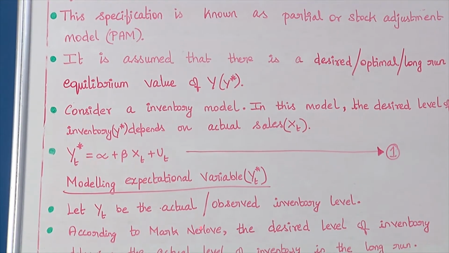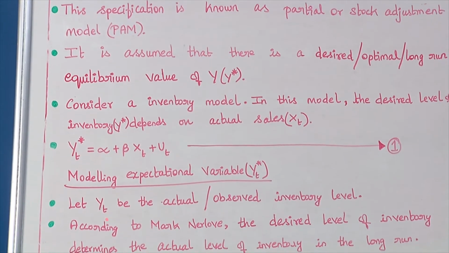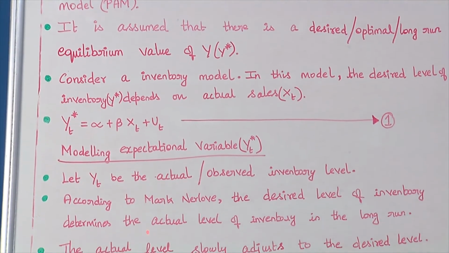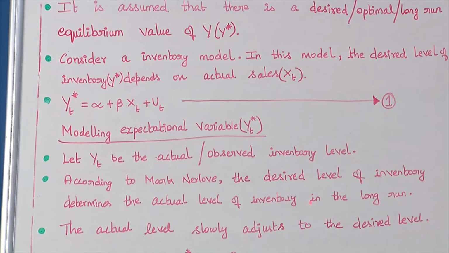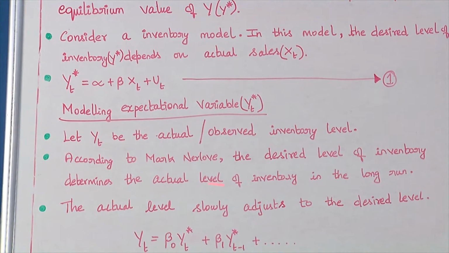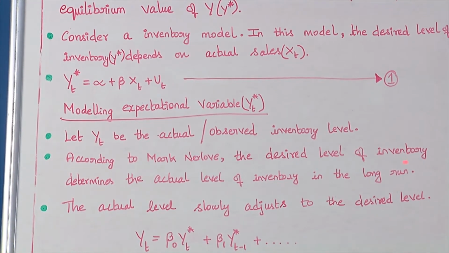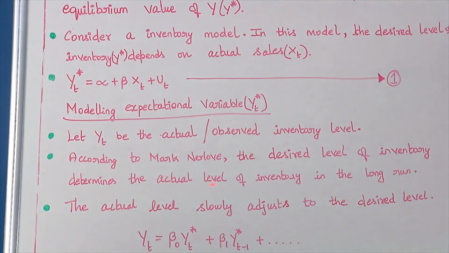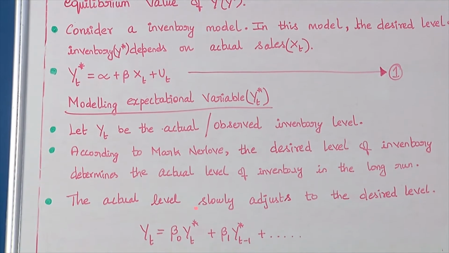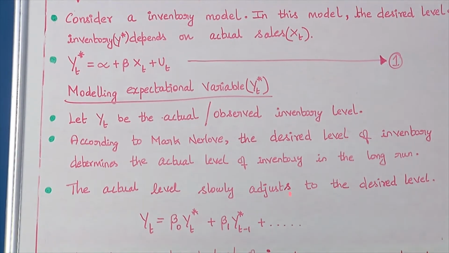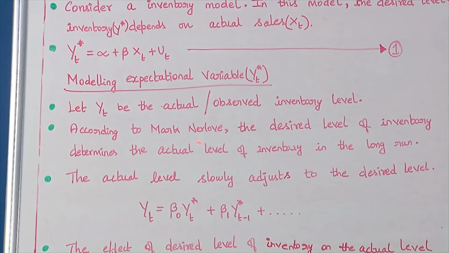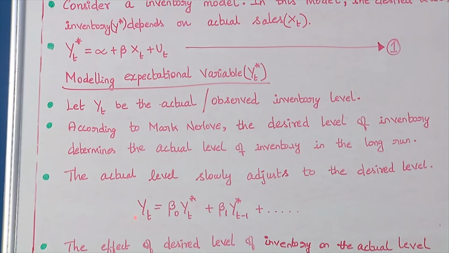Let Y t be the actual or observed inventory level. According to Marc Nerlove, the desired level of inventory determines the actual level of inventory in the long run. So, the desired levels of inventory of various time periods actually determine the actual inventory level in the long run. The actual level slowly adjusts to the desired level in the long run. So, this statement can be written in